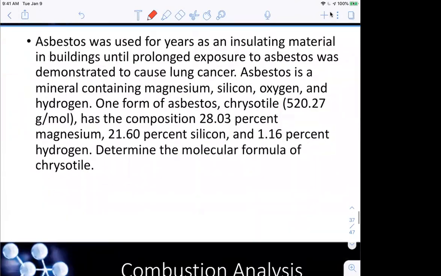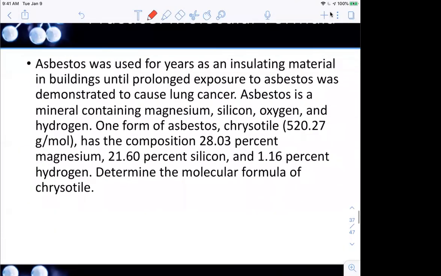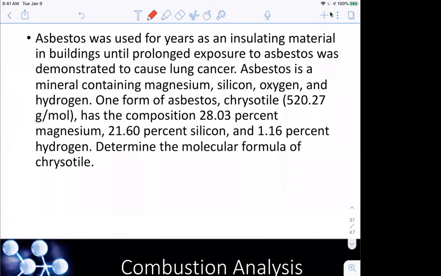Okay, let's do another problem. Asbestos was used for years as an insulating material in buildings until prolonged exposure to asbestos was demonstrated